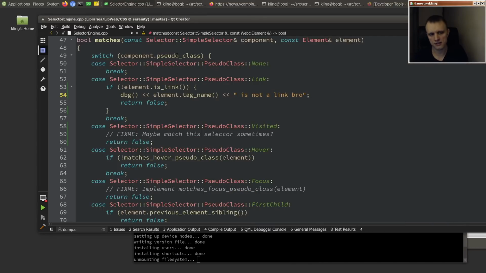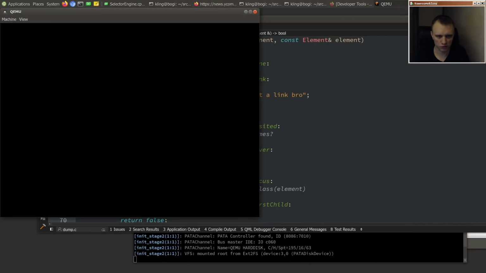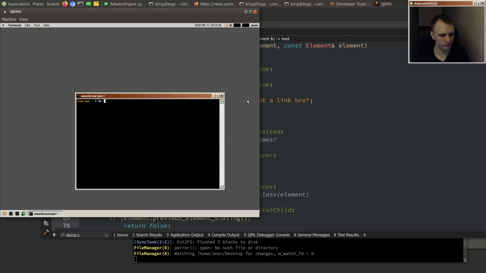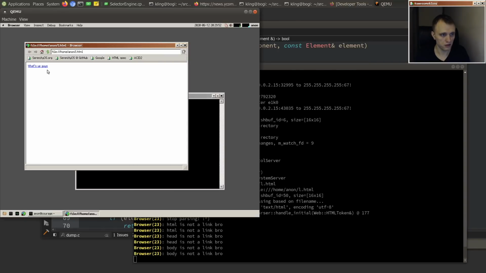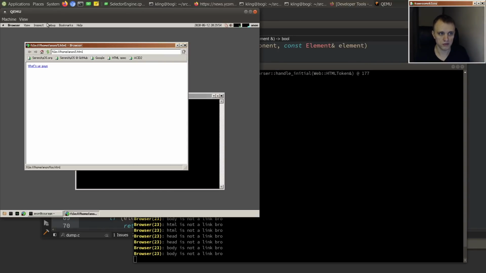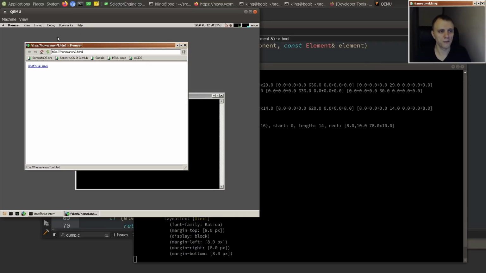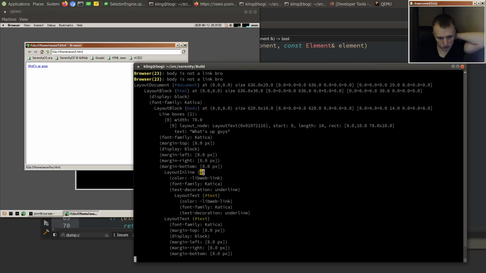Just say it to my face, selector engine. Sure, HTML head and body are not links, but that A tag, he's a link. So the A tag, but still,